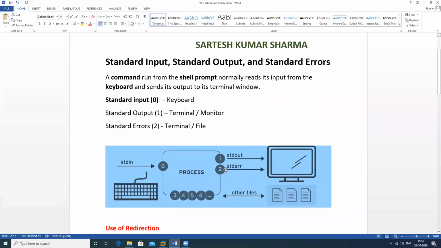So we can use standard input from the keyboard. It will process it, and it can show me the output, it can show me the errors, both output and errors. If we want to save the errors in a file and the output in a file, we can do that. So we can use this operation.